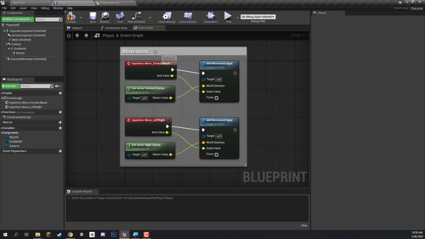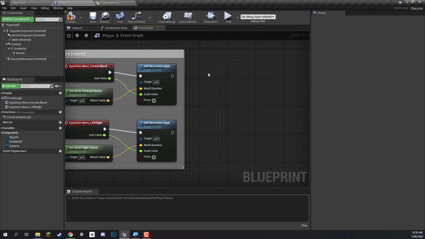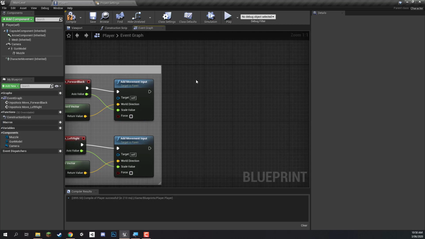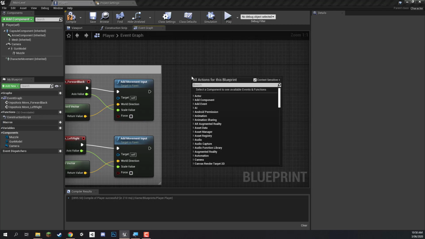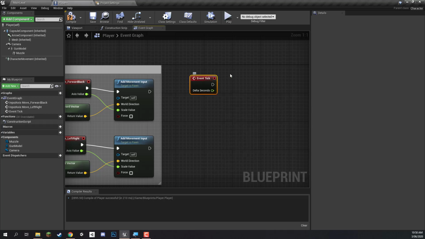And now what we can do is actually get working on the mouse look. So we can use our mouse to look left, right, up, and down. So what we're going to do for that is get the event tick node. Event tick, this node gets called every single frame. So if your game is running at 60 frames a second, this will be called 60 times a second. And what we want to do here is basically add to the controller's yaw and pitch based on the mouse